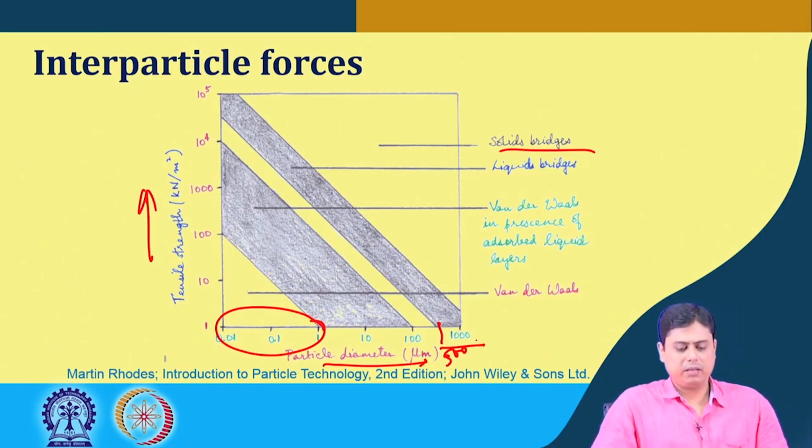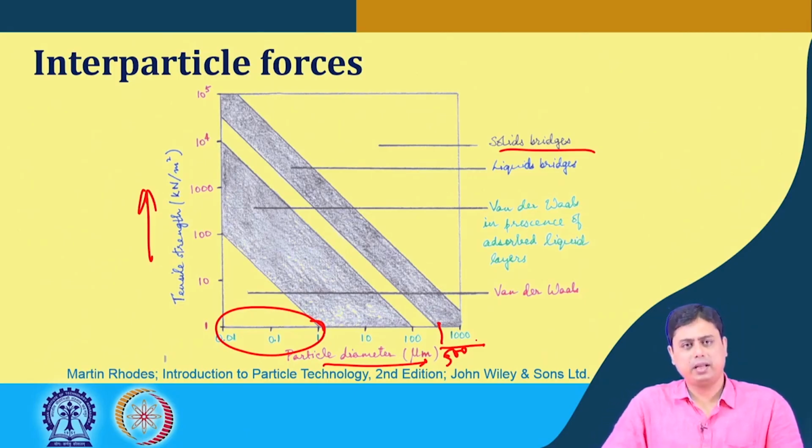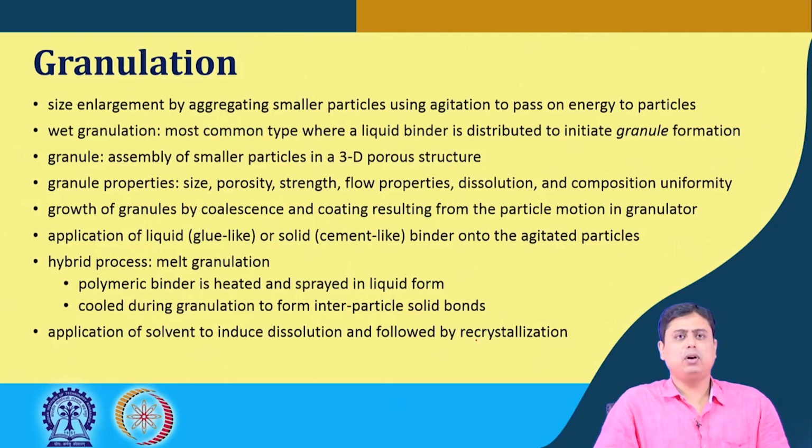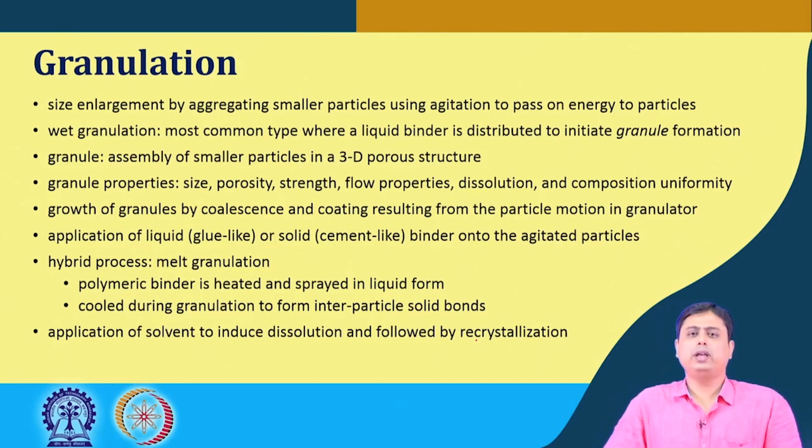So, this schematic basically summarizes the different interparticle forces and how their importance varies with respect to the particle diameter, the fine particle diameter which produces the agglomeration, the primary particles or the original particles from where the size enlargement we are trying to produce. Now, if we particularly focus on granulation and look into the mechanism based on these forces, the idea that we have got from these forces,